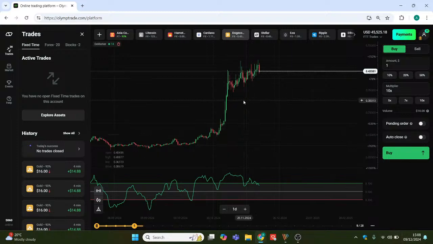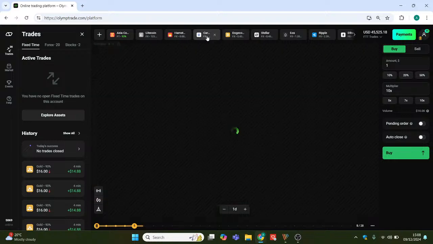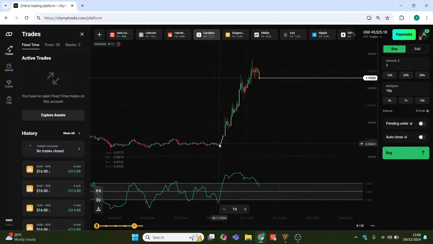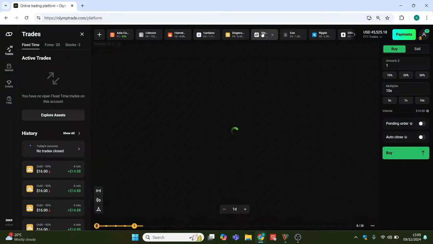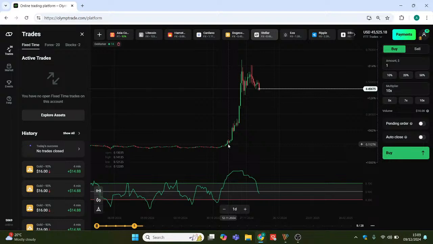Today is the 9th of December, and on the 5th of November, more than a month ago, we were trading, for example, Dogecoin around 15 cents. Now we are trading at 43, so 3 times that. Cardano, as I said, we were trading at 35 cents. Now we are trading at $1.10, $1.15, so like 4 times that. Assets like Stellar, which jumped a little bit later, also traded 4 times, 5 times up.